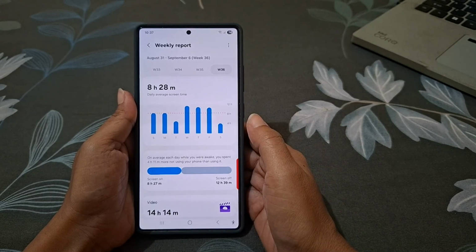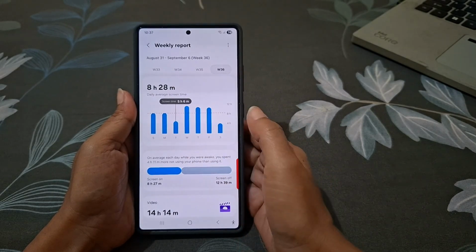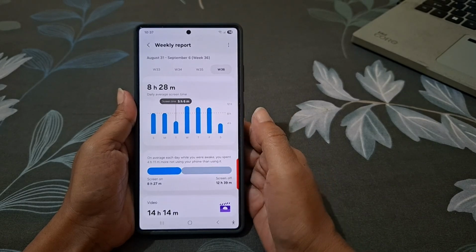For example, if Monday shows 8 hours and Tuesday shows 5 hours, you will instantly see how your usage changed throughout the week. It's a simple way to spot if you have been spending too much time on your phone